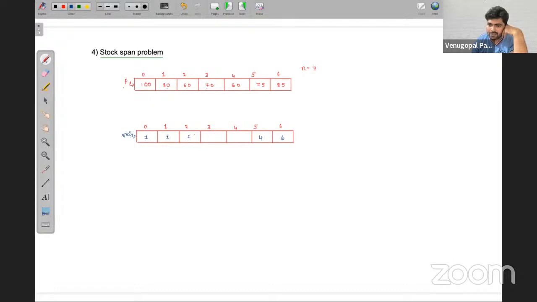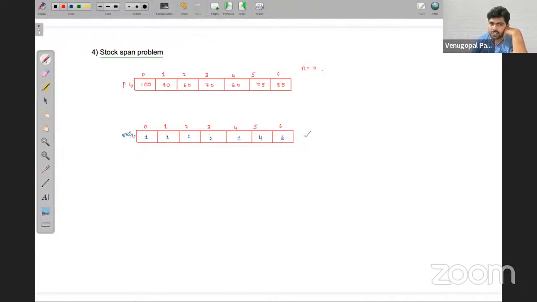Now, can you tell me, friends, for 70, how much is the answer? Think carefully and tell me. For 70, one value is there. Next, it is bigger, we won't take. If you don't take, the remaining we don't take. 60 is small compared to 70, and including that day, therefore 2 we have to take. For this, bigger, therefore don't take. Right? If this is the input, this is the span array output they are expecting, friends. I hope the problem statement is clear.